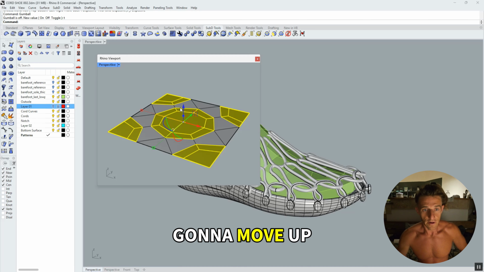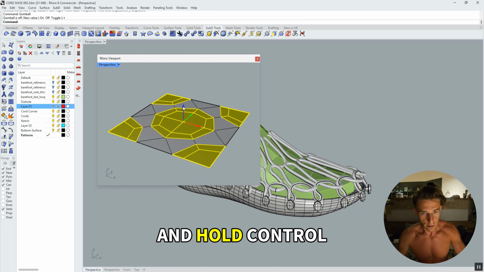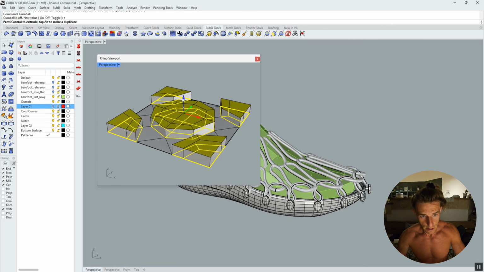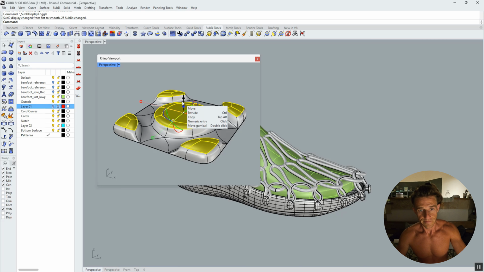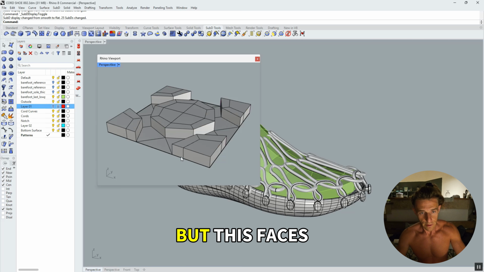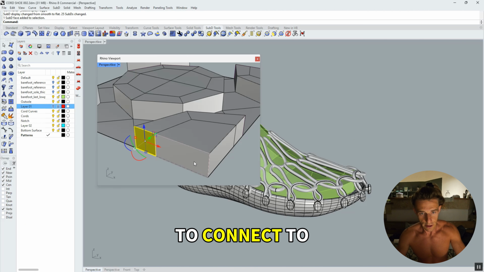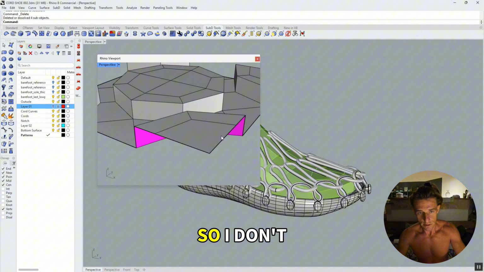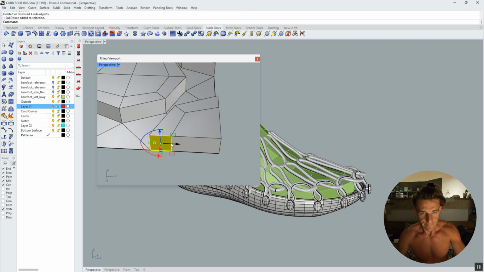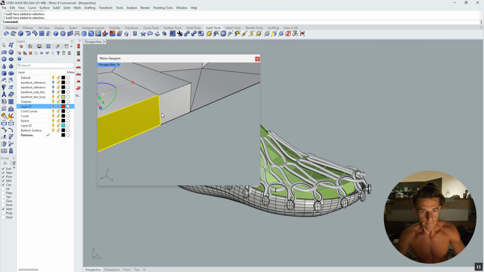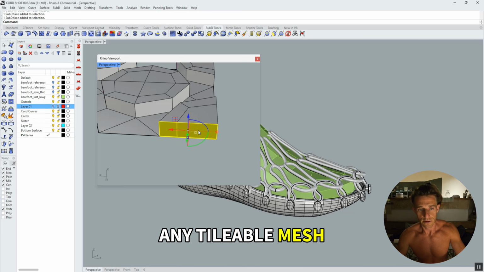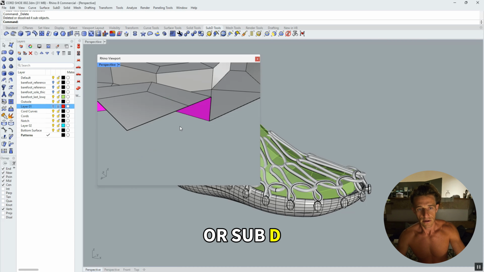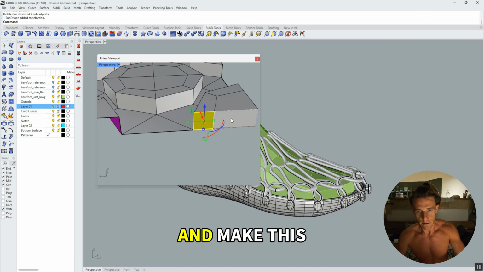And then I'm gonna move up here like this and hold control. Okay, just give it a little. Okay, but these faces, I want this to connect to the repeating geometry, so I don't want those to be there. So now we have our, so you can make any tileable mesh or sub D that connects and make this repeat